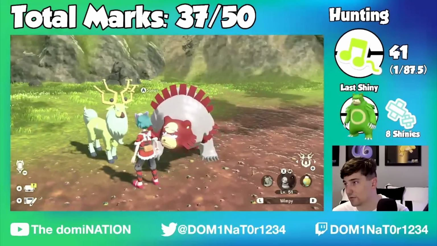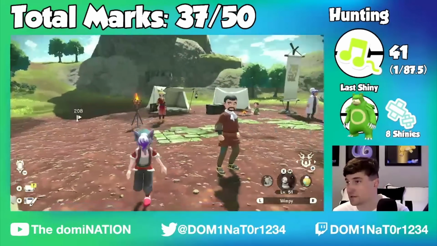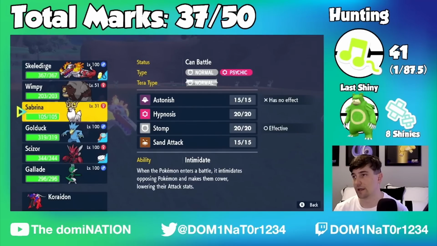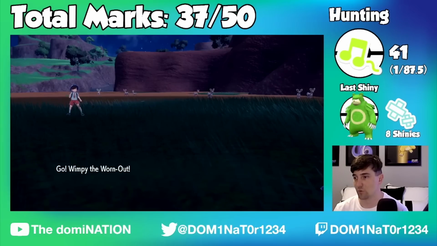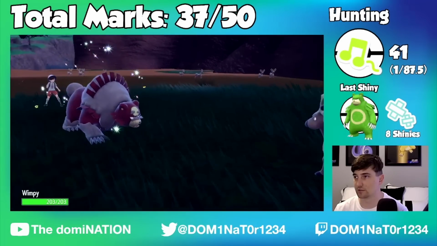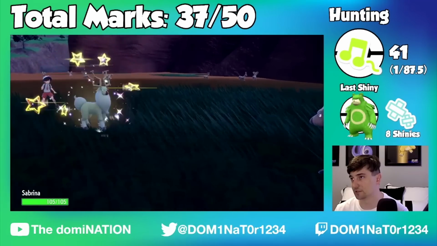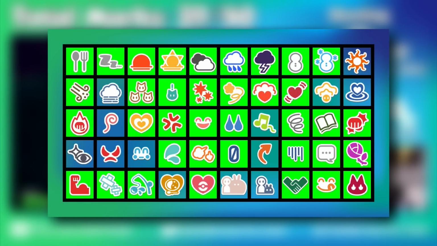There we go. Now all we need is Cleavor, but I'm gonna be honest, probably not gonna go for it because screw Outbreaks. Outbreaks suck. All right, we got regular Stantler. And here's the new and improved Wimpy. Wimpy the worn out. The shiny Ursaluna. Look at that. We got Sabrina the Recluse, the shiny Weirdeer. Look at that. Pretty neat. So now...